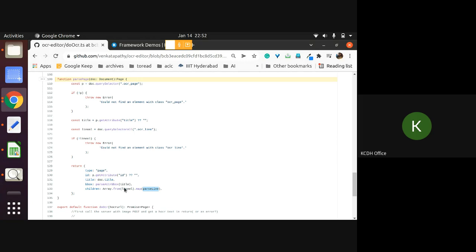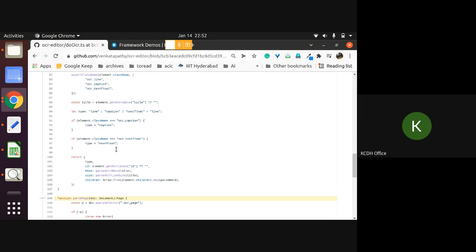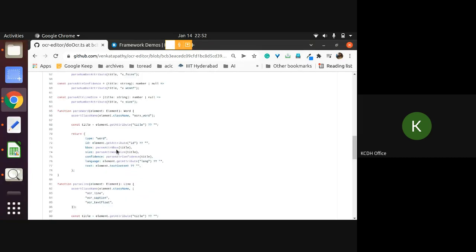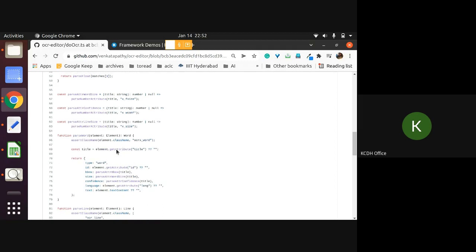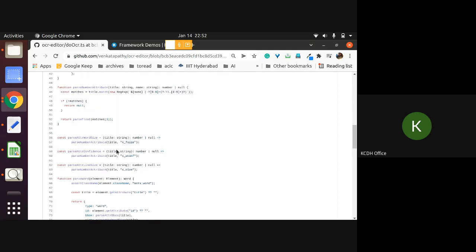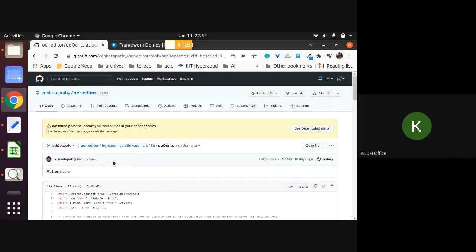So if you go to line ZL, you understand. It's again a nested loop. Basically, the ultimate aim is that, given an HTML file, how do you convert that into a React class, a React component? That's what this utility function does. So you might have to work here and there. As you go, you will understand that.